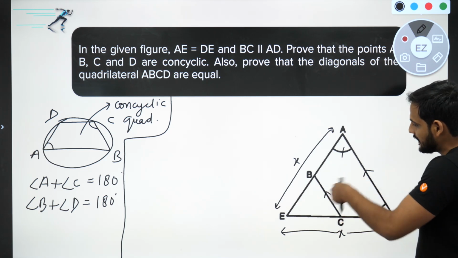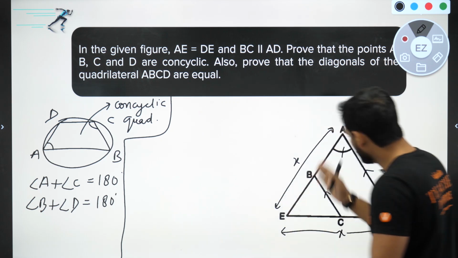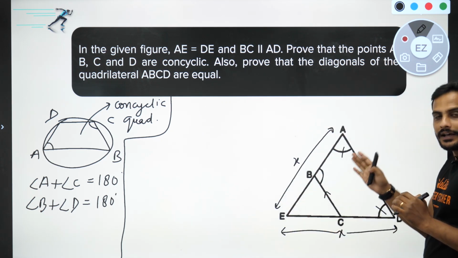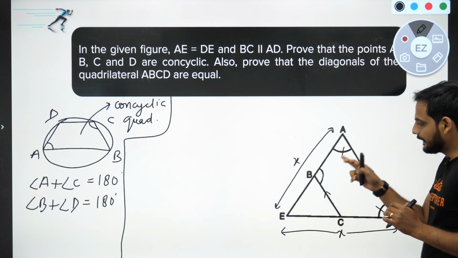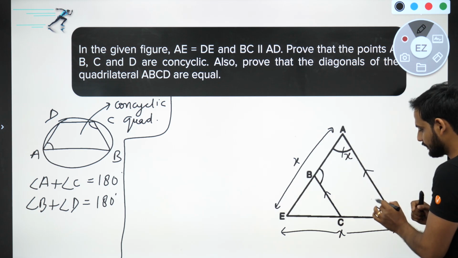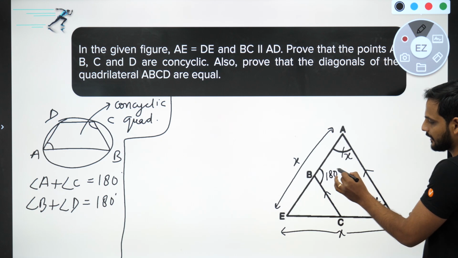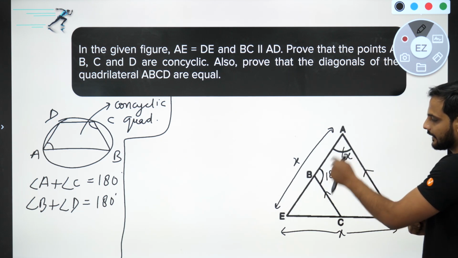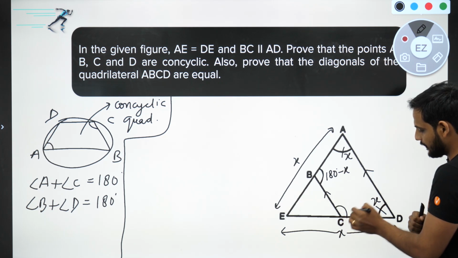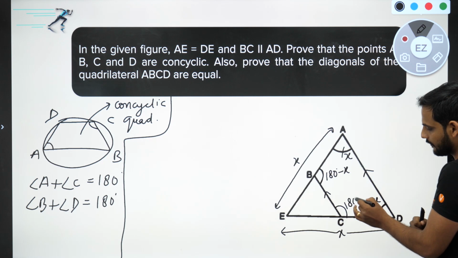Next thing, BC is parallel to AD. So I can say these two angles are nothing but interior consecutive angles. Let us say this was X, this will also be equal to X, and this angle now will become 180 minus X because interior consecutive angles are supplementary. Similarly, these two are interior consecutive angles, so this angle will also become 180 minus